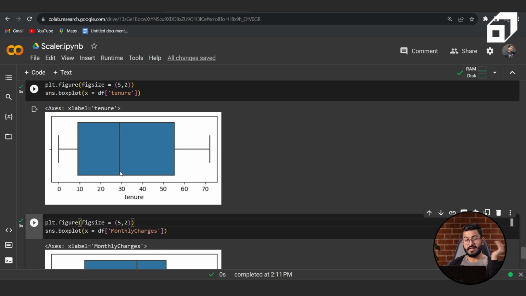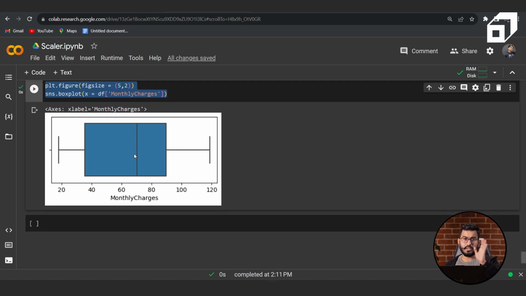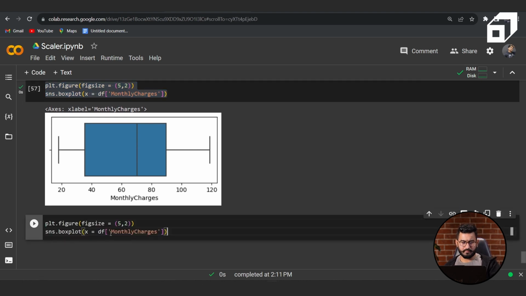So below 28 I have 50% customers, above 28 I have 50% customers. Similarly, if I look into the box plot for monthly charges, the monthly charges for all the customers is around 70. But if I create a box plot for churn and non-churn customers individually,